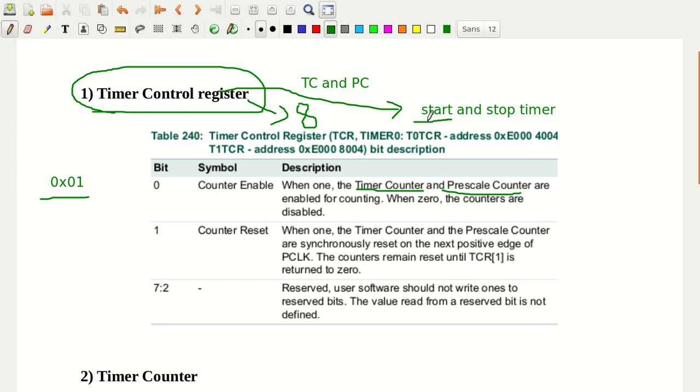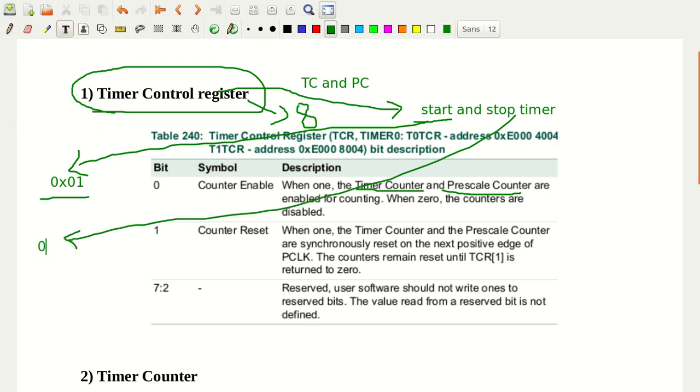To start the timer, the value that I have to write is 0x01. To stop the timer, the value that you have to write is 0x00. When you write 0x00, your counter is disabled. You can see here, the counter is disabled when it is 0, and whenever it is 1, your counter is enabled.